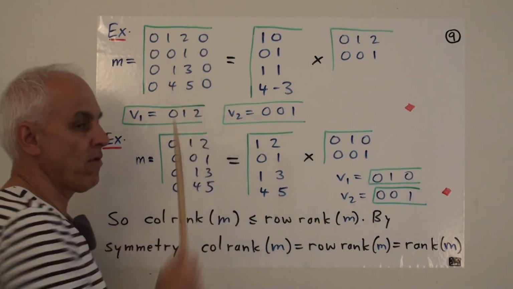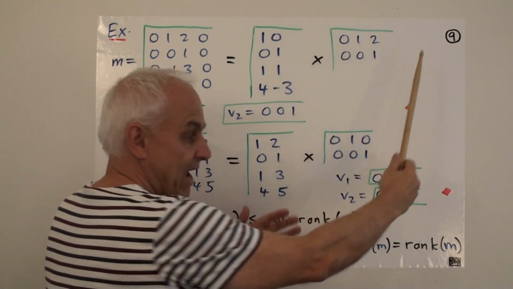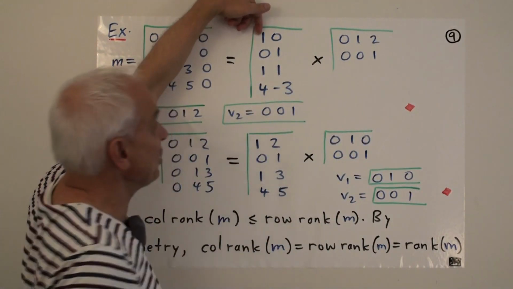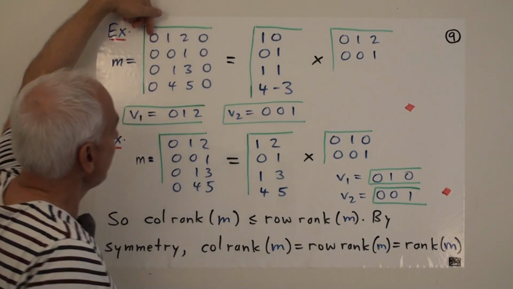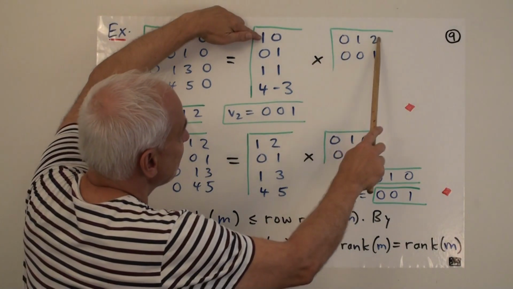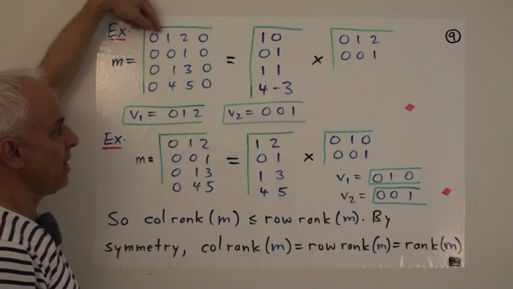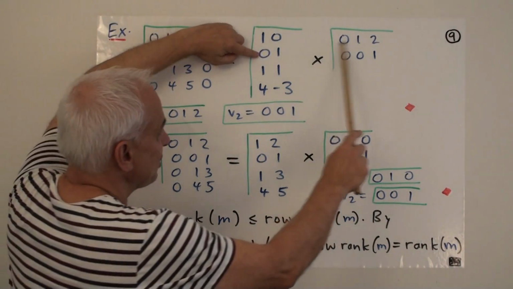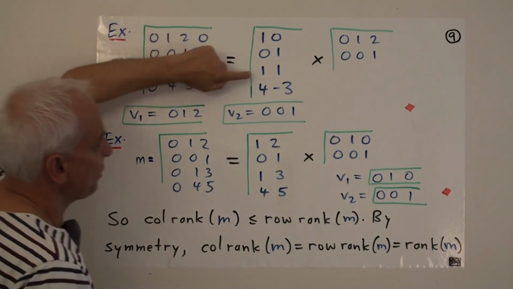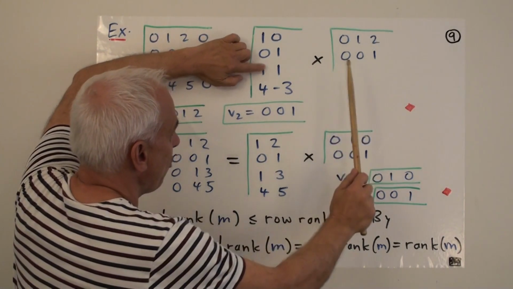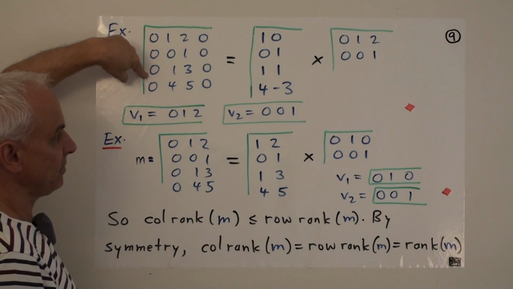To get the first row of a product, what we're doing is we're taking linear combinations of the right-hand rows with the coefficients determined by the first row of the left-hand side. Okay? So this thing here is telling us that 1 times the first row plus 0 times the second row gives us the first row here. This second thing here is telling us that 0 times the first row plus 1 times the second row is this row here. That's true. The third one is telling us that 1 times this first row plus 1 times the second row is this row here, the third row here, which is correct.